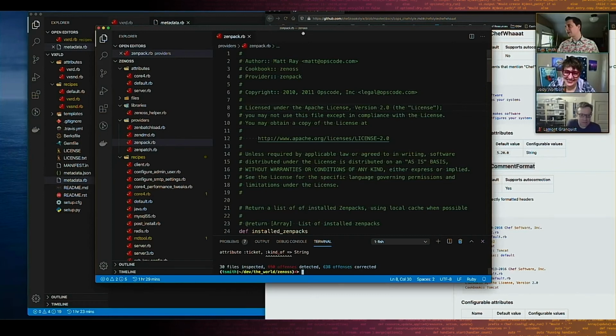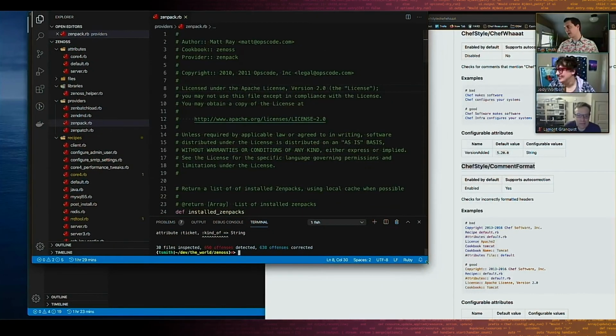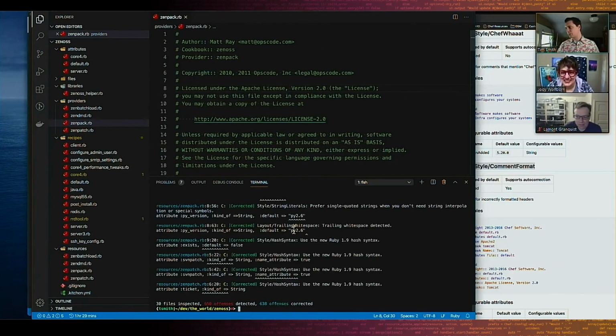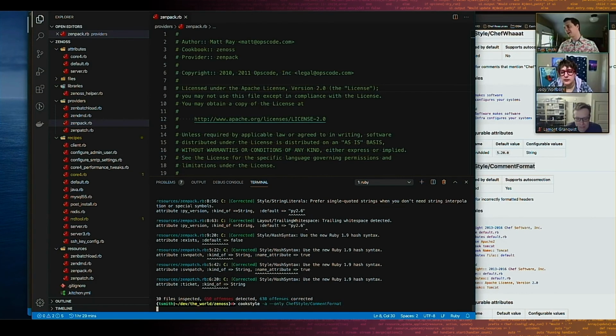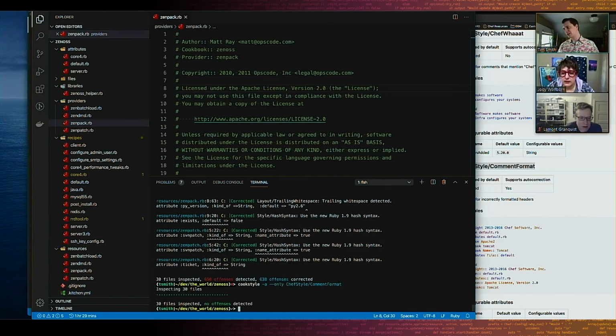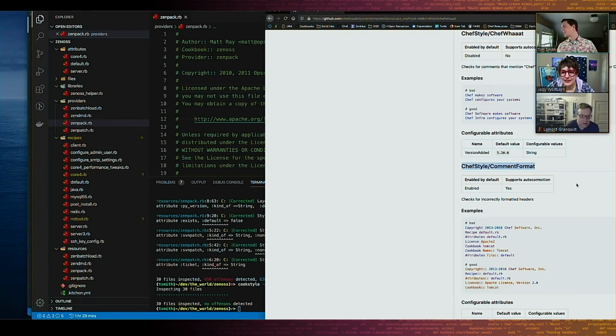So here's that cookbook we had before, and hopefully this will work. But you get the ability with Cookstyle to do things like, A is autocorrect. You can say only. So I could say only the Chef style cops. I'm fairly positive this will work. We'll just double check. I'm going to have it run the comment format cop, and hopefully this still works. I haven't tried this. Oh, that one didn't work.